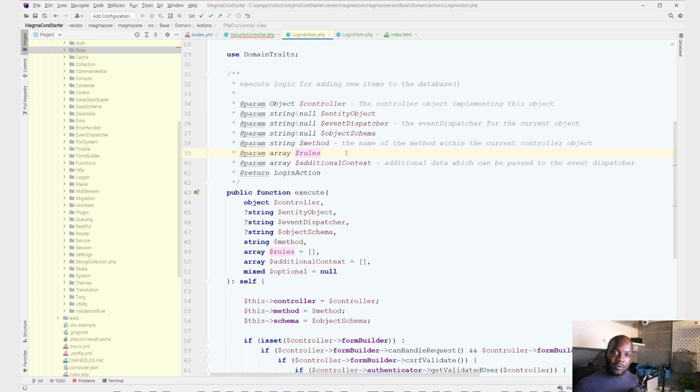You must also verify that before the update gets processed, right? Just as an additional layer of security, so no one can come and change your password. They have to know the original password before they can make any sort of updates to your profile. And additional context is simply